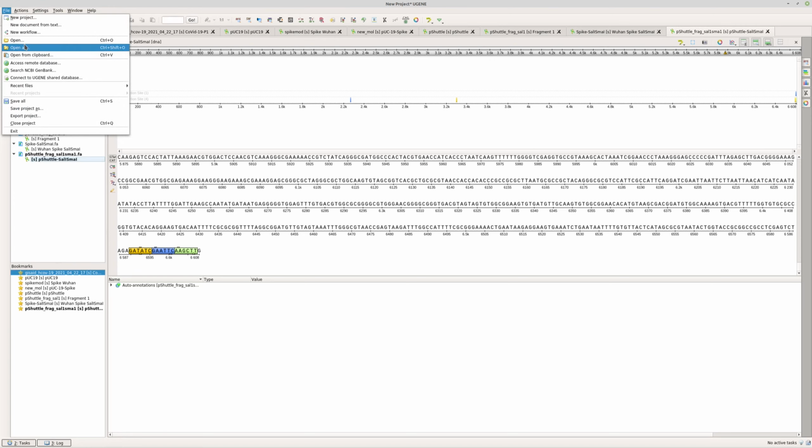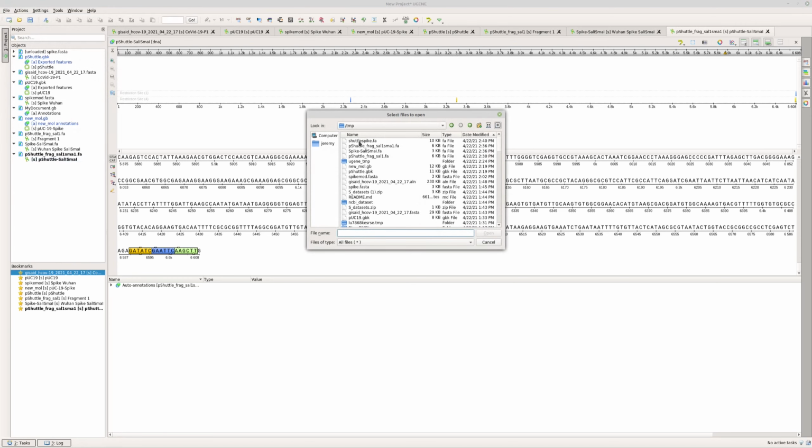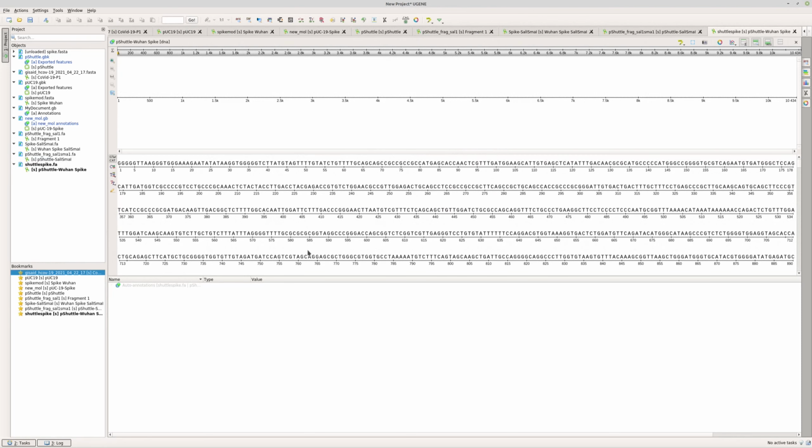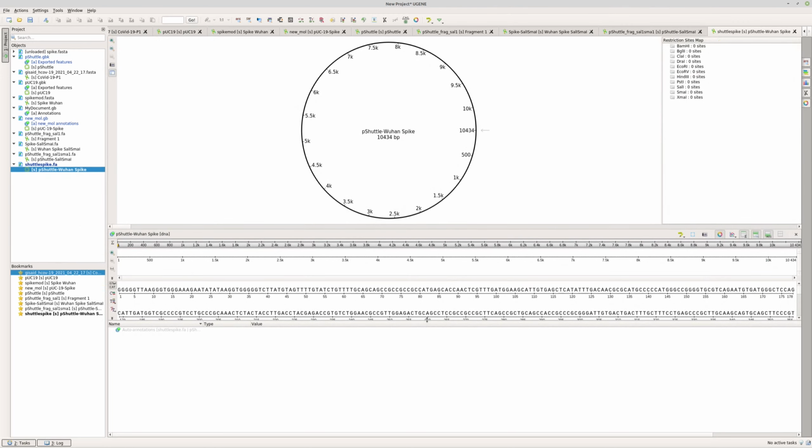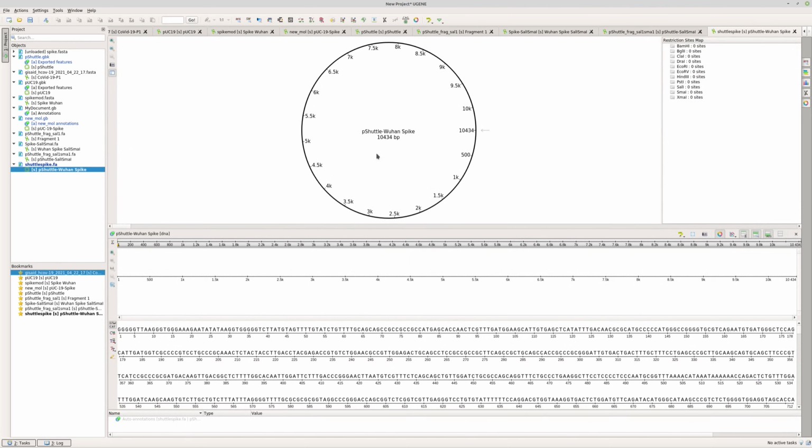So what we're going to do is simply open up this file and look at it. And yes, here it is. It's just a sequence with no annotations, but we actually do know something about it. We can mark it as circular, and now we have the beginnings of our diagram that we can add back our annotation here, which requires us to do some work, but it's a larger plasmid. It's 10434,